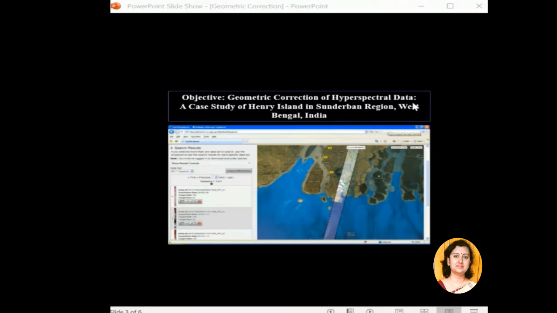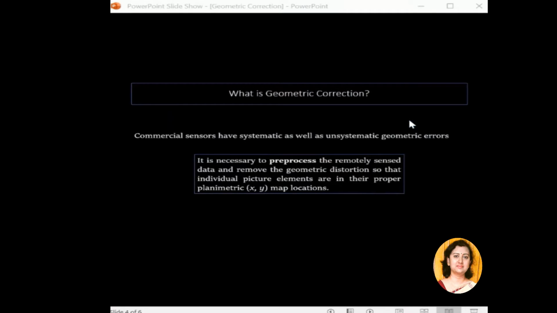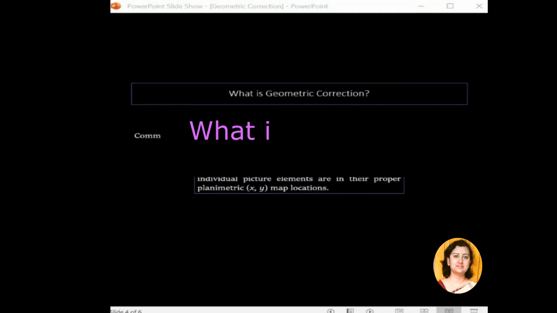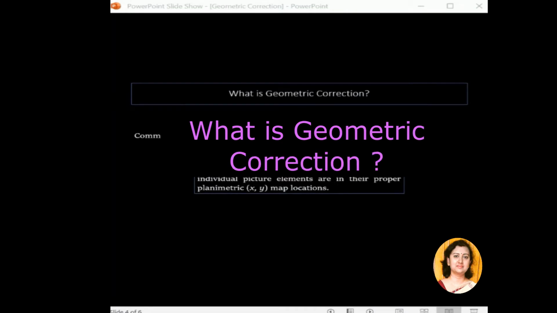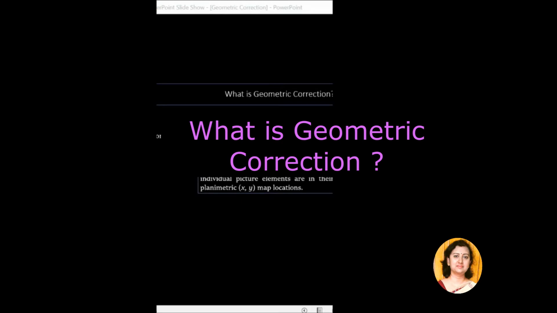Now, first of all, let us try and understand why we want to do geometric correction, or what is geometric correction.